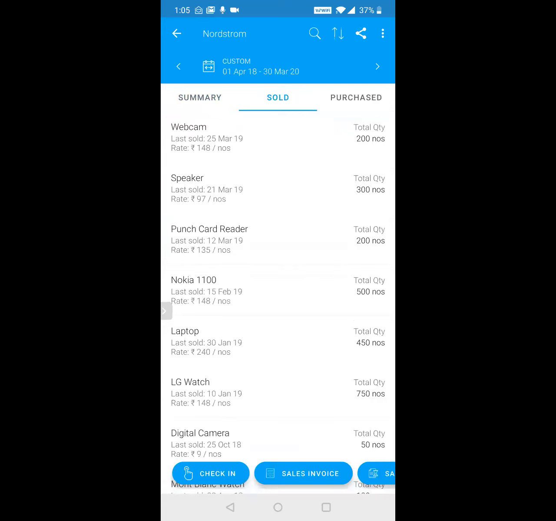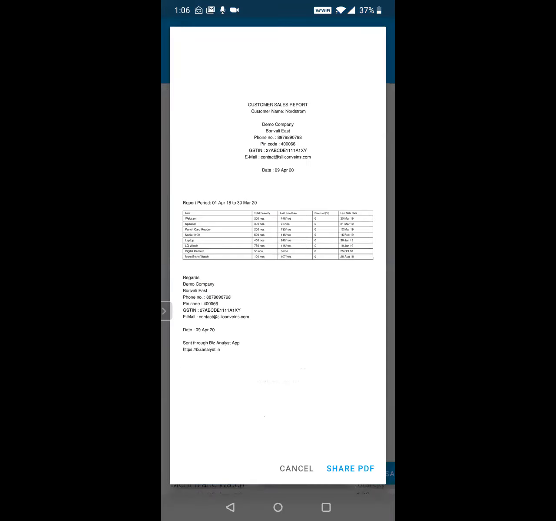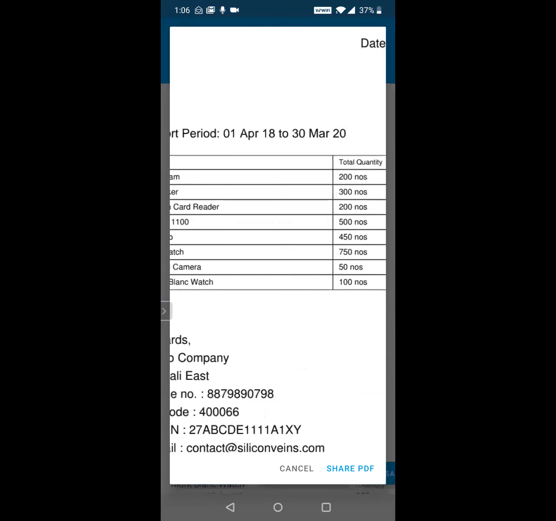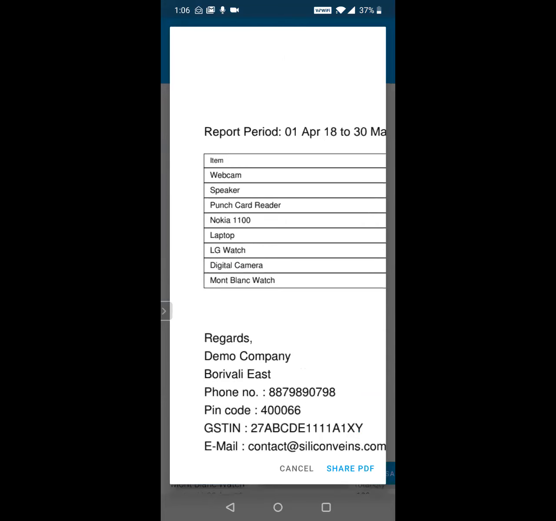Let's say if my outstanding was 0, but I want to start the business again with this customer, the first thing I can do is share a report from here, which will mention all the items that the customer has purchased in the past. If a salesperson is going to call, what is he going to talk about? He will say, sir, these are the items that you used to buy from us.